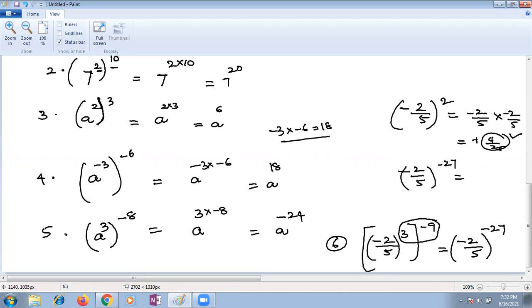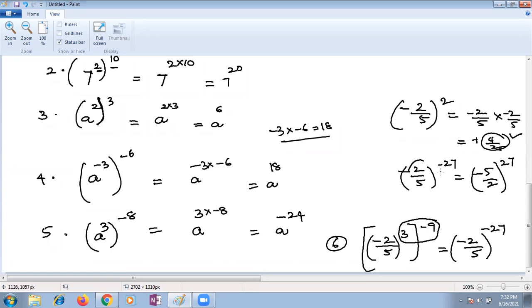Negative exponents. If negative exponents are there, how are we supposed to solve the question? This is also one more law of exponents. Why I'm continuously stressing this point is, if you have a negative exponent anywhere, you can make it the reciprocal of your number and take it as a positive exponent. The same case, we can write here 5 by 2 whole to the power 27. What am I doing? How?